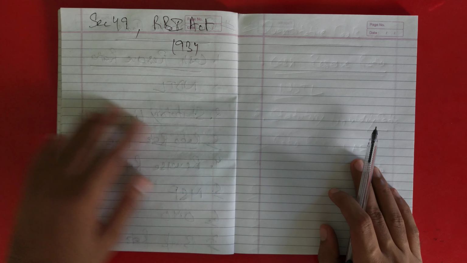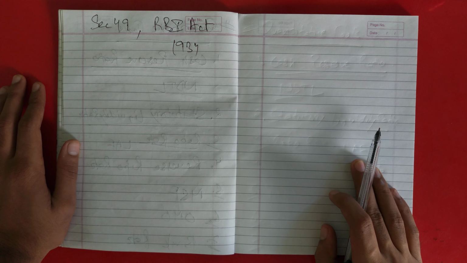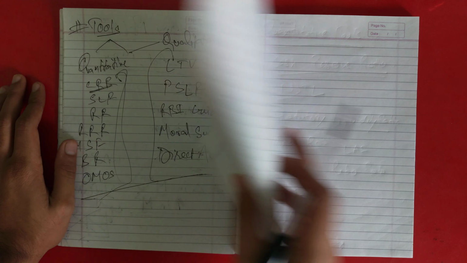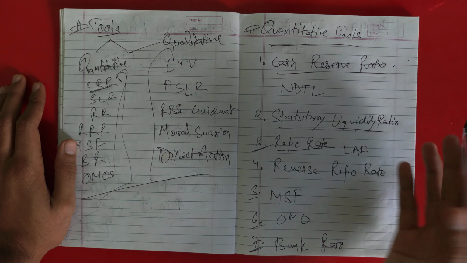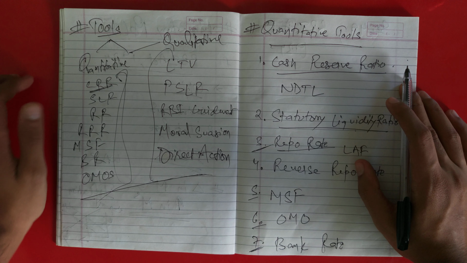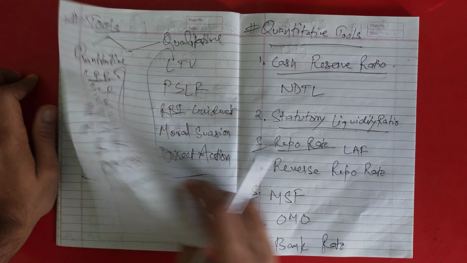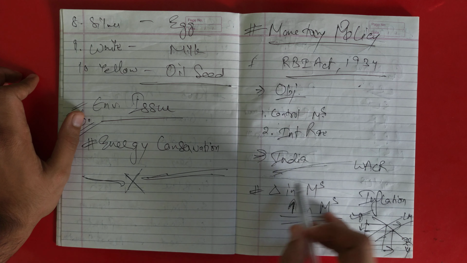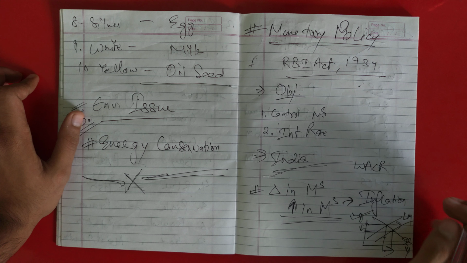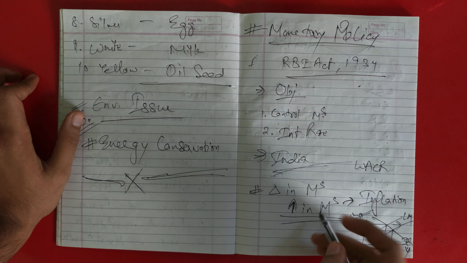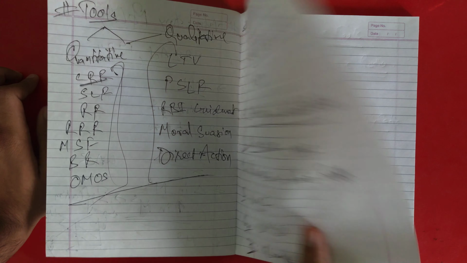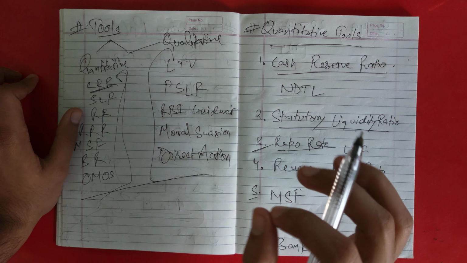Now let us see how we can combat inflation or induce inflation. So we see what we need to do in case we have to either increase the inflation or decrease it. If I talk about CRR first, to combat inflation, we already know that an increase in money supply leads to inflation, as I told you in the previous lesson. So basically we have to do the opposite, we have to decrease the money supply. Now how will we decrease the money supply to combat the inflation?